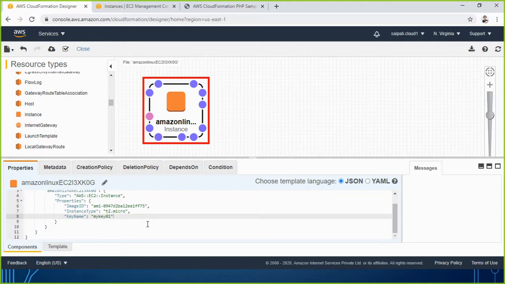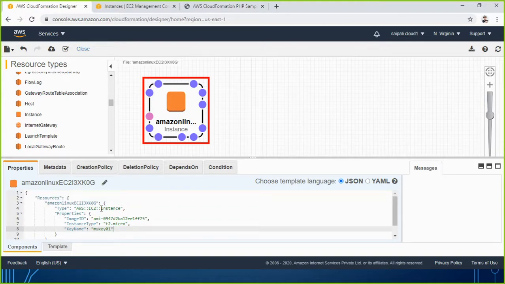So now we are ready to test. This is the code we have written with the help of designer. Now what is the next step? When you have already designed and tested, and when you are validating the template, if it says okay,